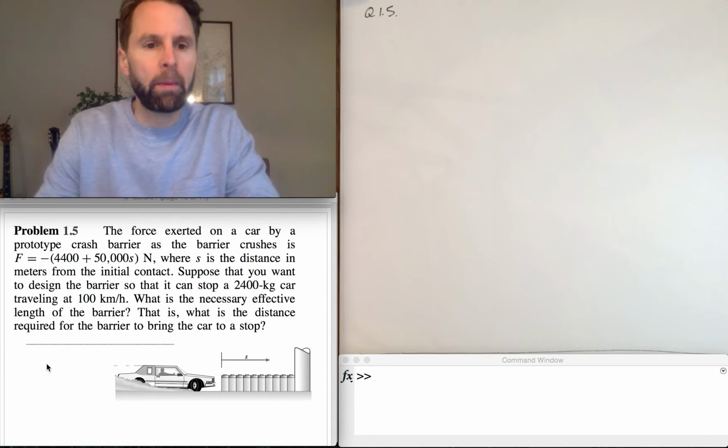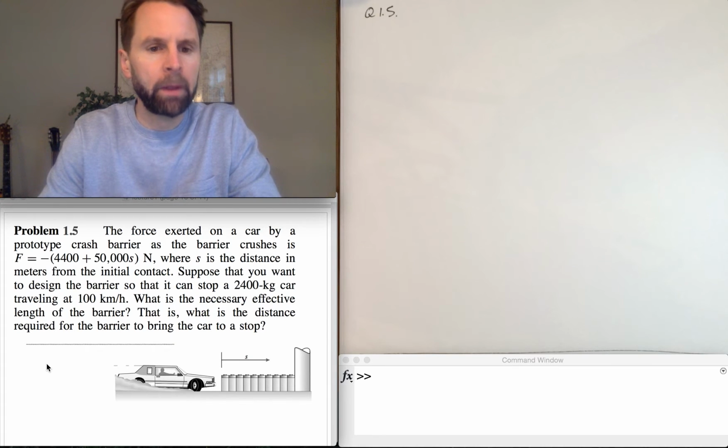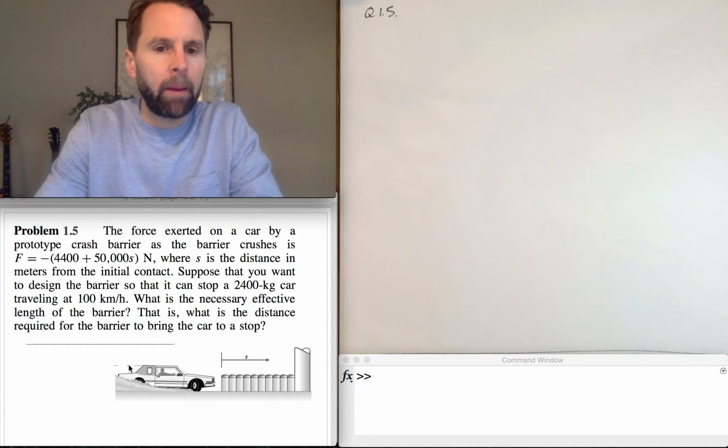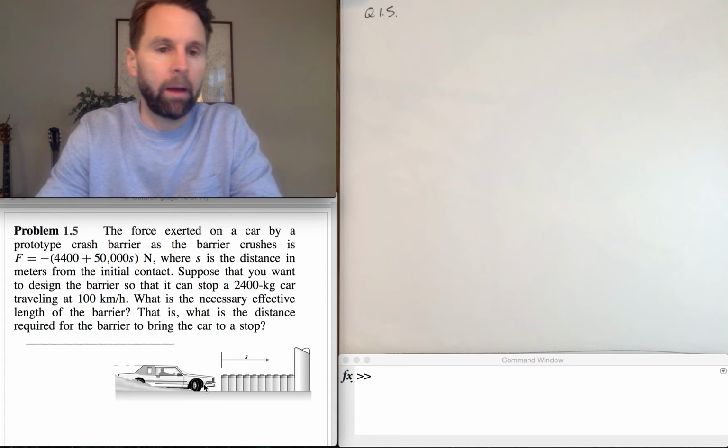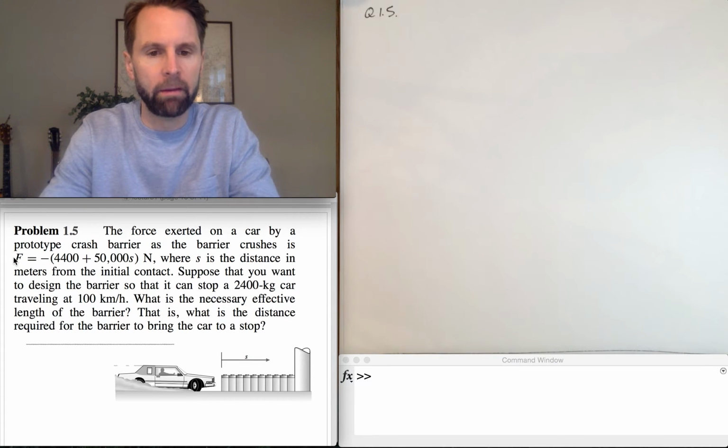Right, question 1.5 is asking you to work out what the distance is required for this barrier to bring this colliding car to a stop. It tells you the force that the barrier generates as a function of the distance